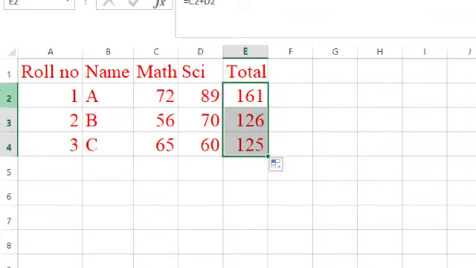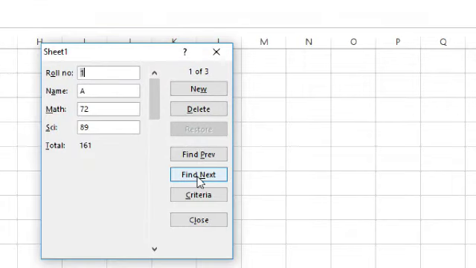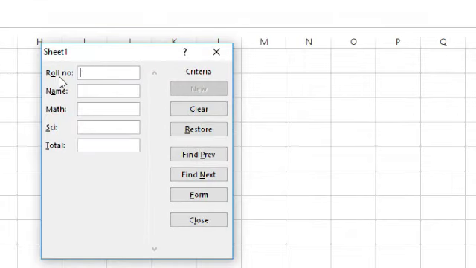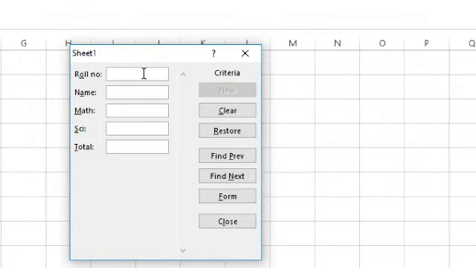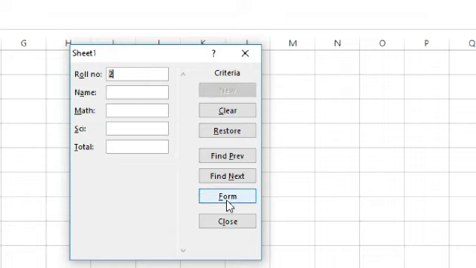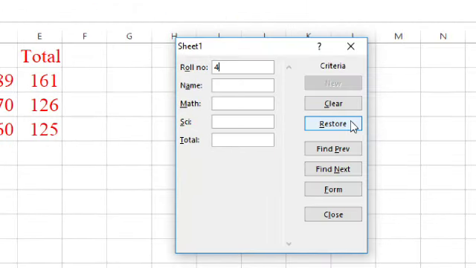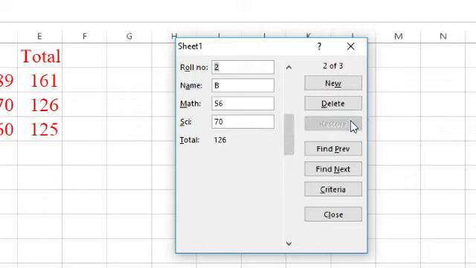Okay everyone, then afterward go to the form and you can search any record by clicking on Criteria. Suppose I want to search the roll number 2 record, so click on Roll Number, write down roll number 2 and press the Enter key. It will give you its name, its marks and total also. If there is no such record in your Excel sheet, it will directly give you the first record. Suppose there is no roll number 4, so whenever I search roll number 4 and press the Enter key, Excel will not find it, and then it gives you the first record.